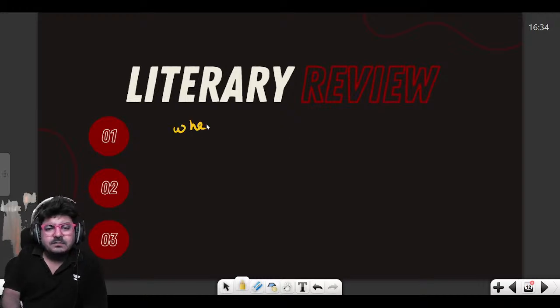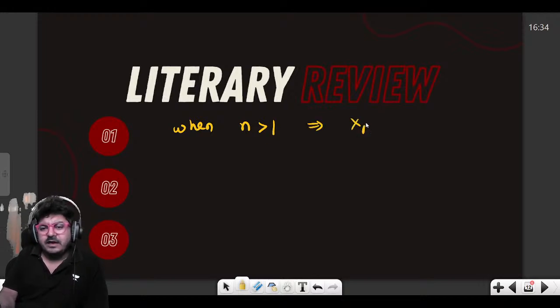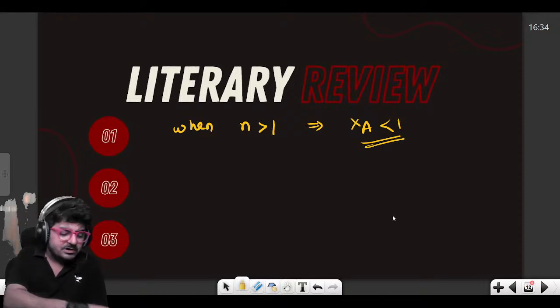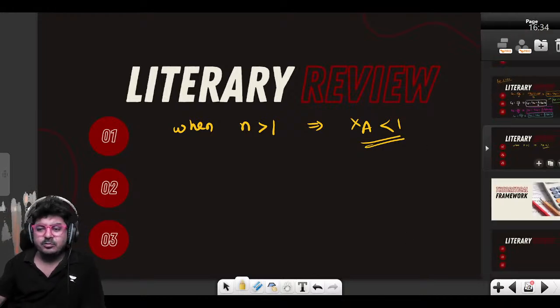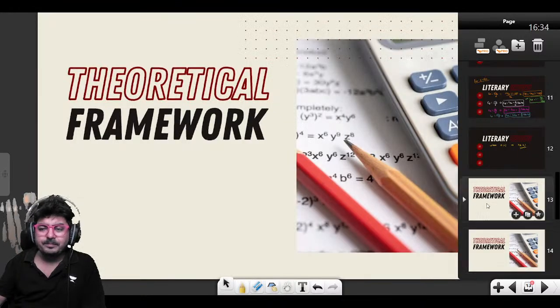When order of reaction is greater than 1, then XA will always be less than 1. We cannot achieve full conversion ever. Okay? We can't, not even theoretically. ठीक है, थियोटिकली भी नहीं कर सकते. अब आप बोलोगे सर इसका क्या मतलब, आप ये क्या बोलने का ट्राई कर रहे हो, तो देखो